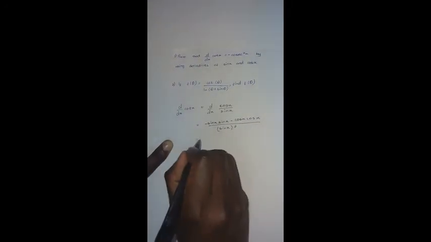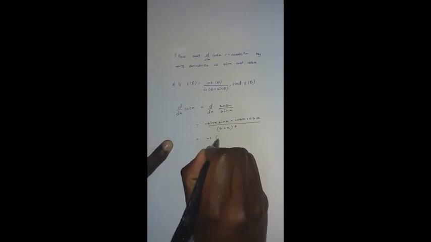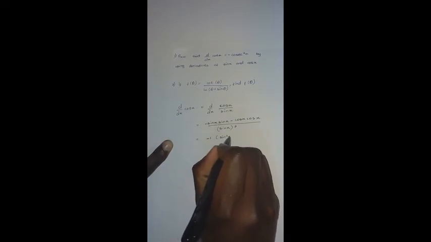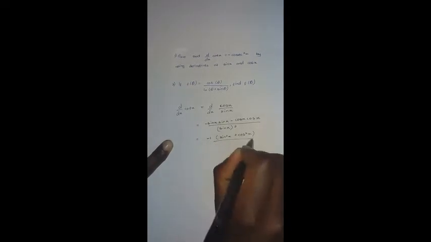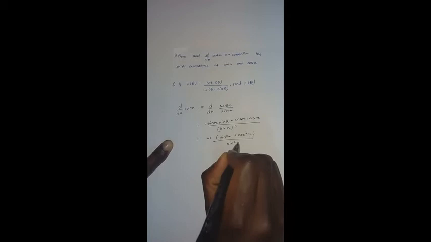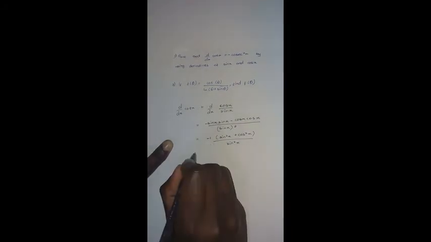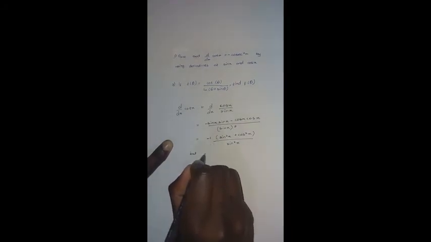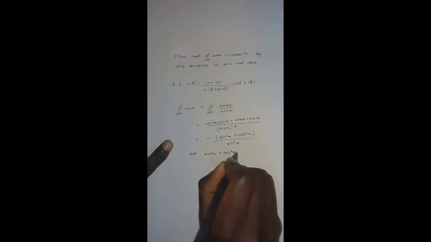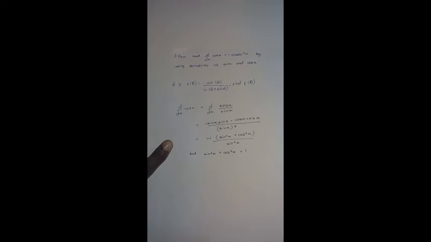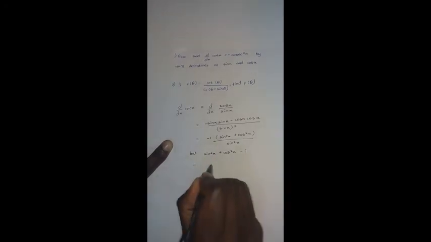And over here you can factor out negative 1, left with sine squared x plus cos squared x over sine squared x. And we know that sine squared x plus cos squared x is equal to 1 from our trig identities, hence you're only left with negative 1 over sine squared x, and 1 over sine x